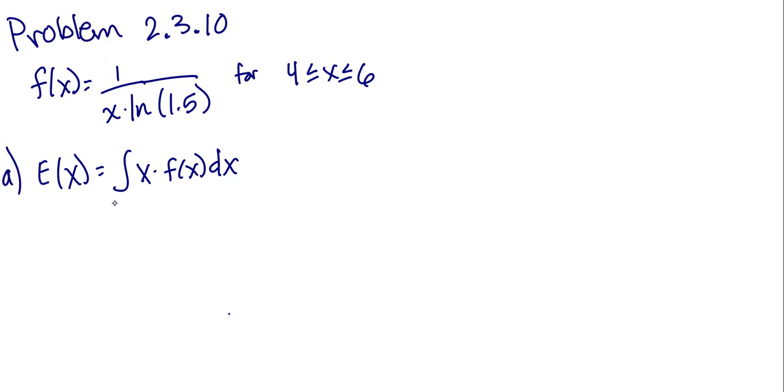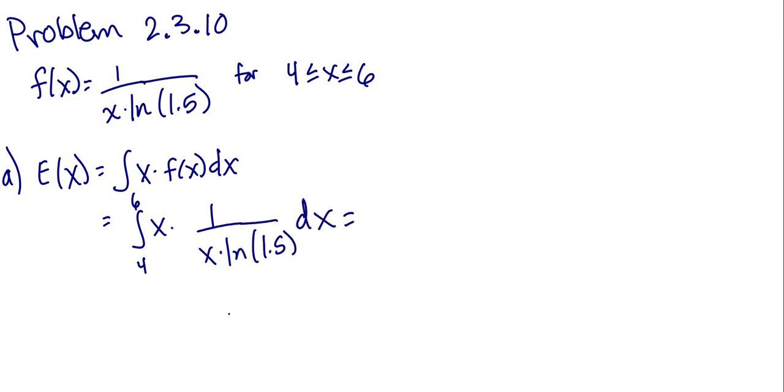The way you can find the expected value of x for a continuous function is you take the integral of x times f of x dx. And you'll integrate over the entire state space, which is just the x values you care about. So in our case, from 4 to 6. We're going to integrate from 4 to 6 of x times 1 over x times natural log of 1.5